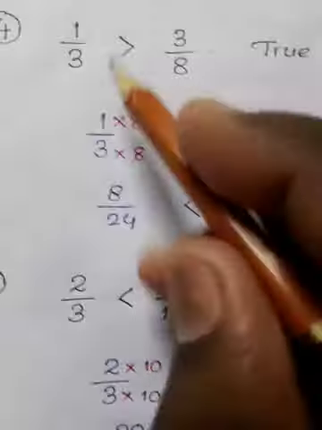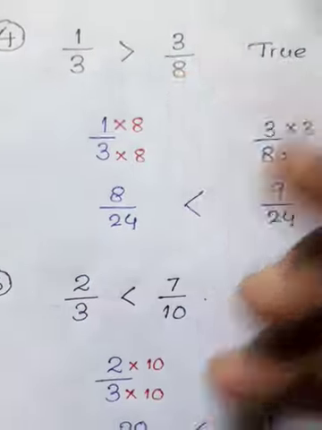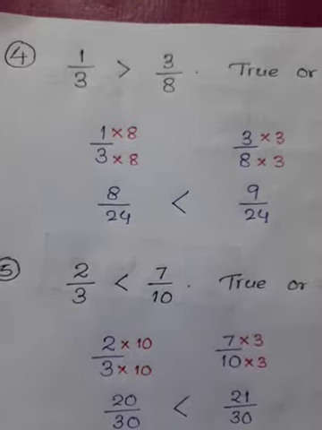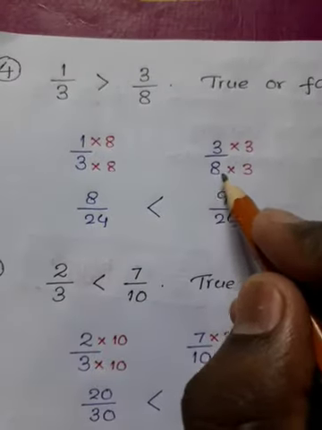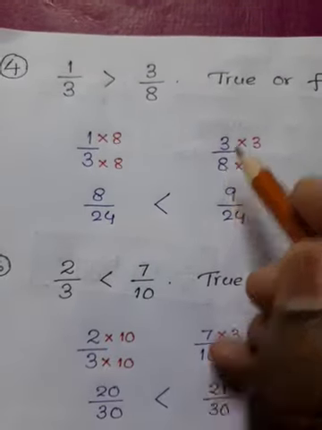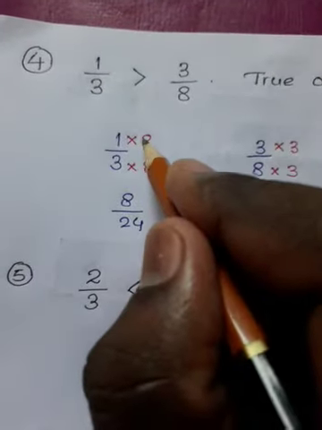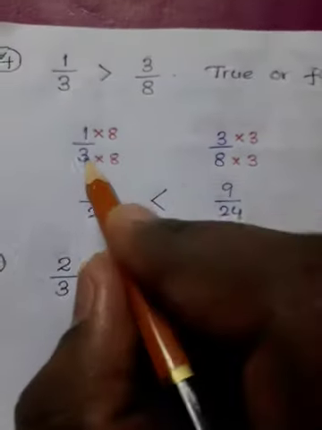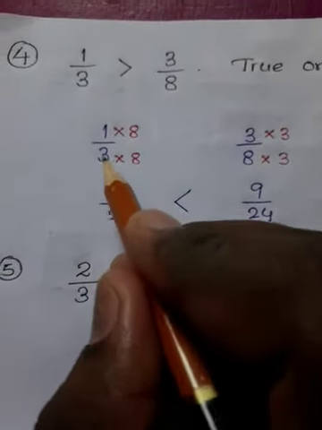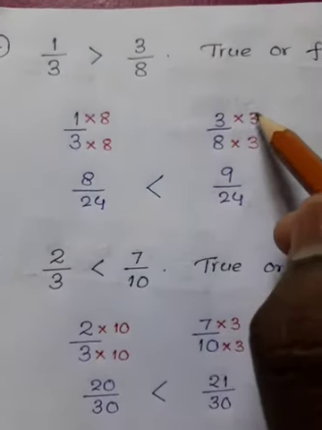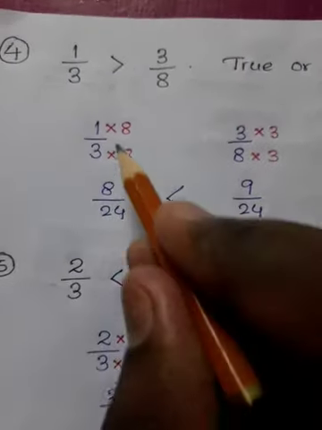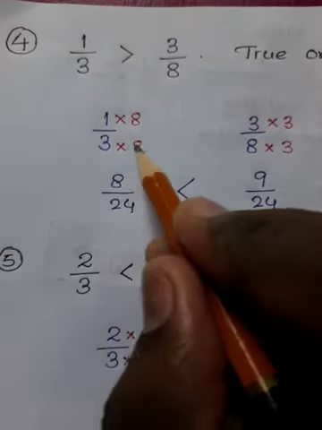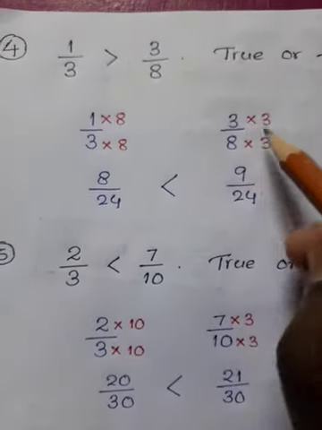Now check it. Is it possible for 3 to change to 8? In the 3 table there is no 8. Whenever it is not possible, whatever you have as the denominator of the second fraction, 8, that number you have to multiply up and down to the first fraction. Whatever you have as the denominator of the first fraction, that number you have to multiply up and down to the second fraction. So 1 into 8 is 8, 3 into 8 is 24, 3 into 3 is 9, 8 into